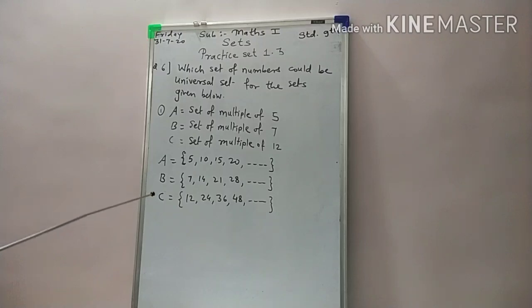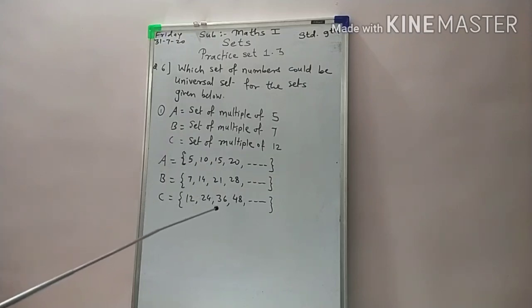So these three are different sets, and to decide the universal set for these three sets, what we have to notice is that the numbers or elements in A, B and C are what? Yes, these are natural numbers. So the set of natural numbers is the universal set for all these three sets. Or you can say whole numbers; the set of whole numbers is also a universal set of these three sets. Or you can say these are what? Integers.